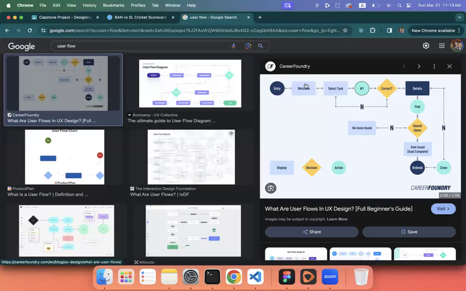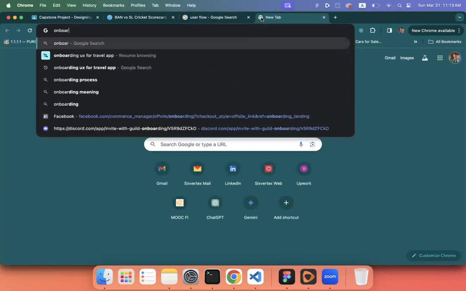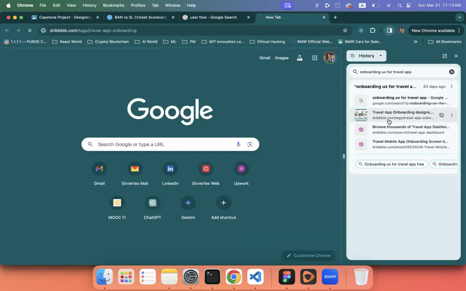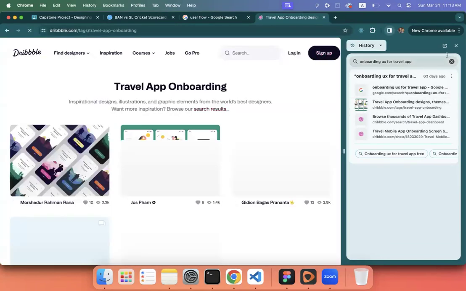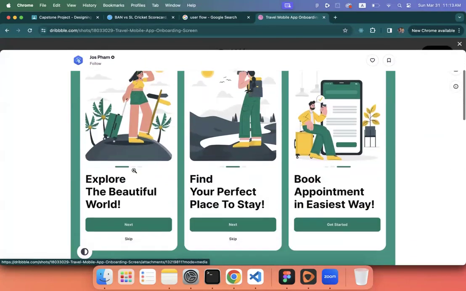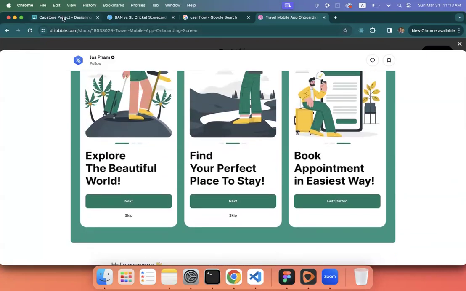So the entry point is there, and when we are showing them our splash screen with the welcome message, you can add it here, and then the sign up screen. After they sign up, we might have an onboarding process where we describe all the things that they can do within our application. Something like this. We can mention what they can do within the application with simple illustrations or images that you like. After you put in the onboarding process